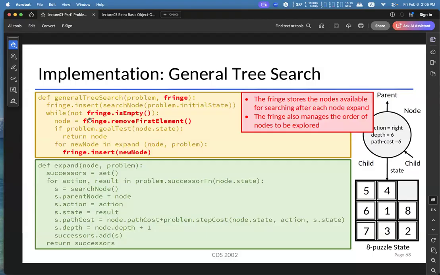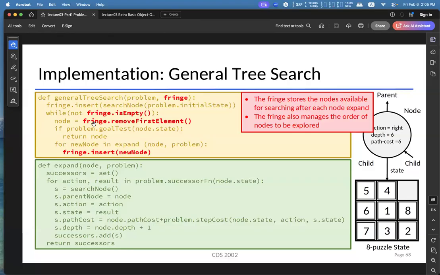In this process, when we pick a node for exploration from the fringe, we also remove that element from the fringe. So the fringe always keeps all nodes that are unexplored. If you explore a node, that node is already removed from the fringe.